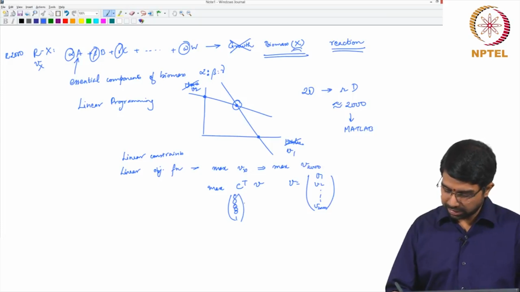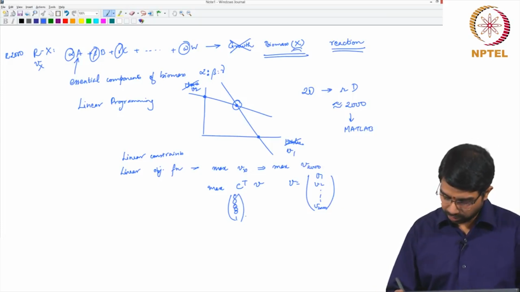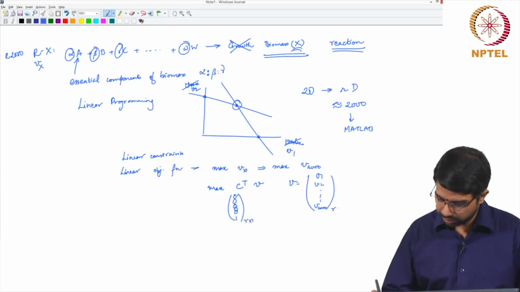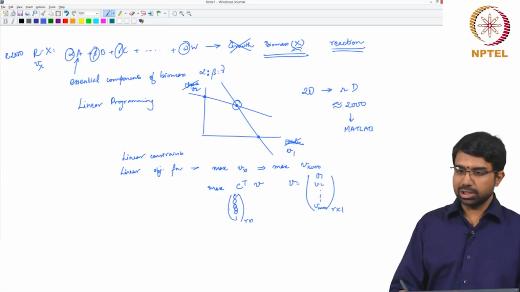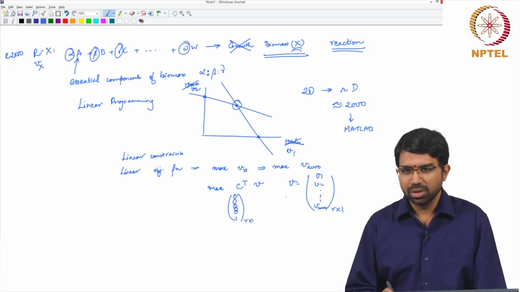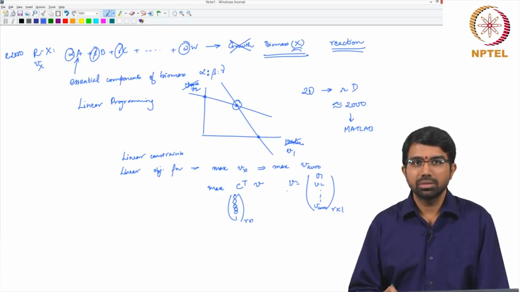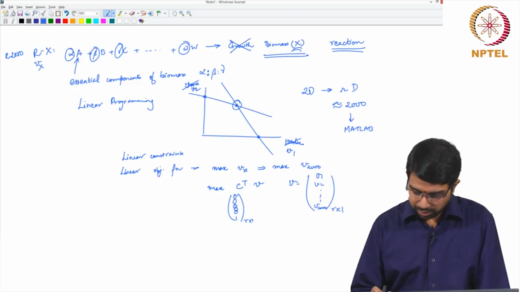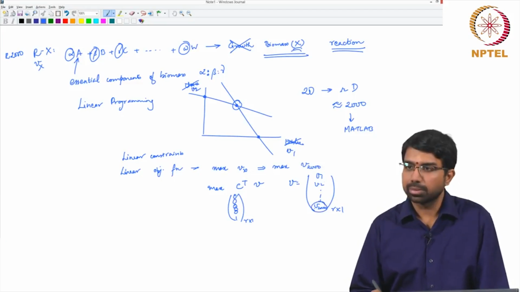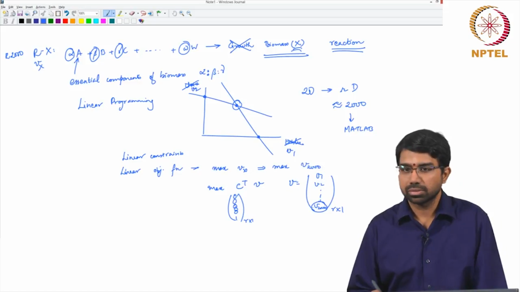So if you multiply C transpose into V, this is an R cross 1 vector, this is an R cross 1 vector. You transpose this and multiply, just a dot product, you get a 1 cross 1 scalar in the end, which is what you want to optimize, or V2000,